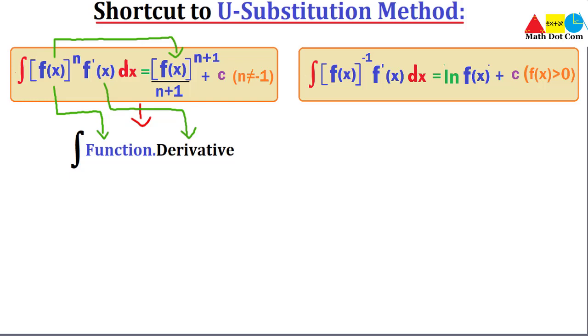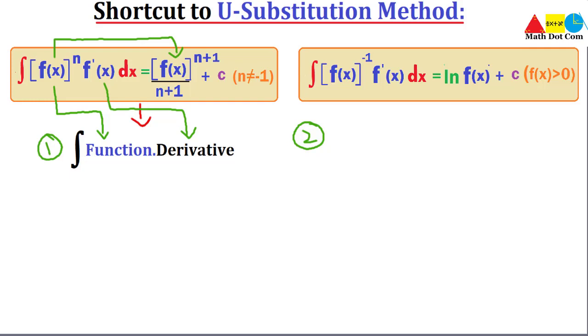This is how you can find the integral of functions instead of using the u-substitution method, only in case you come across such a situation. So this is situation number 1. Now we will discuss situation number 2, and we will see those examples that we saw in the previous lecture. We will solve those examples by using this shortcut as well. Then you will come to know how easy this method is. This was the first formula, which you apply while finding the indefinite integral of a function. Now we have another situation out of those three situations that we discussed in our previous lecture.